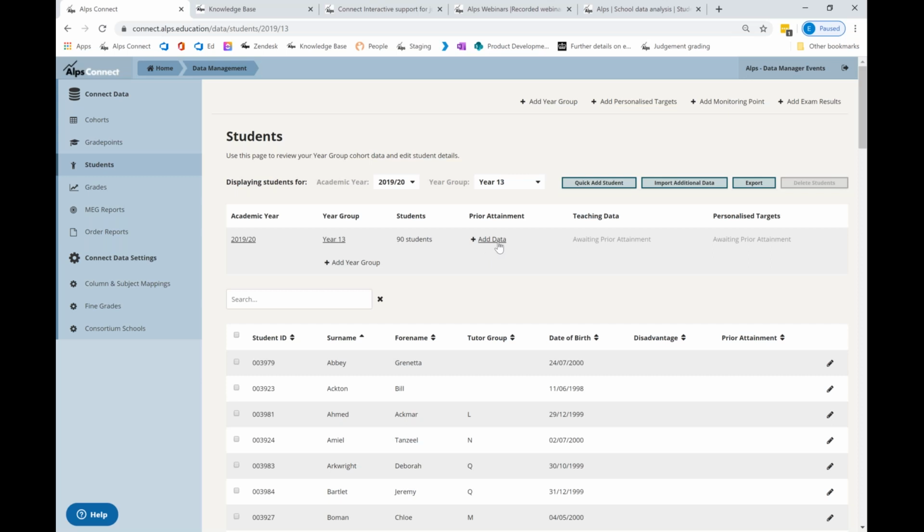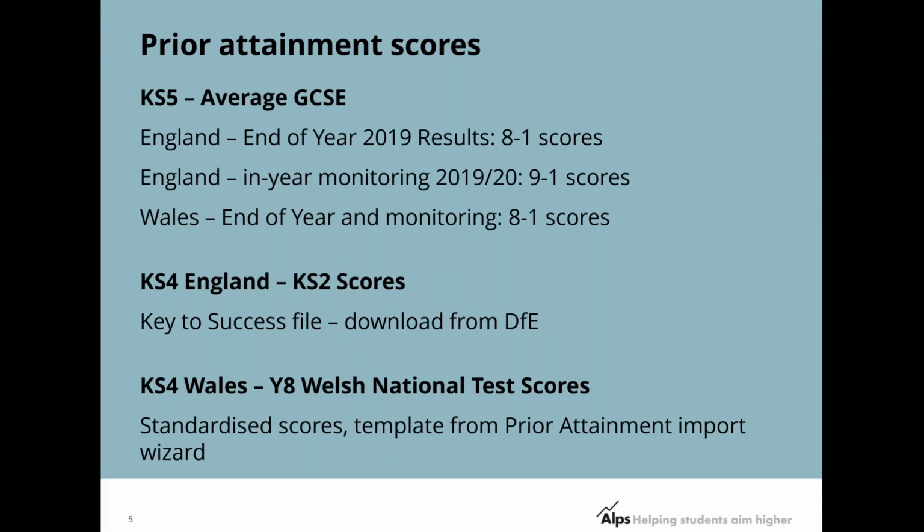And now we have our prior attainment. Now this, I will just spend a little bit more time on because it is so fundamental to your ALPS analysis. Now for Key Stage 5, for England, it's a little bit complicated. If you're wanting to put in your end of year 2019 results, to do a little bit of comparison, you know, what your students achieved at the end of last year and how your students are doing this year in comparison,